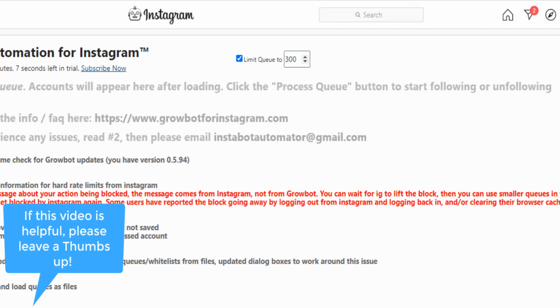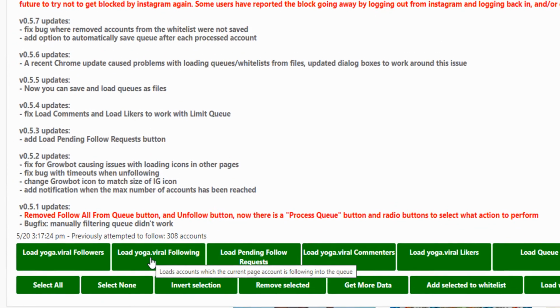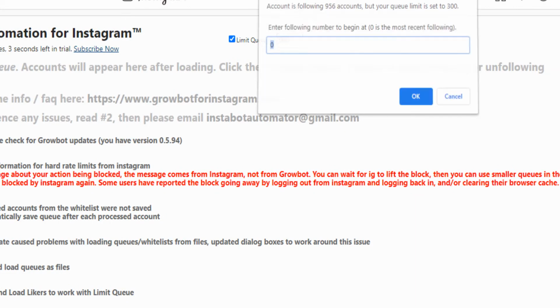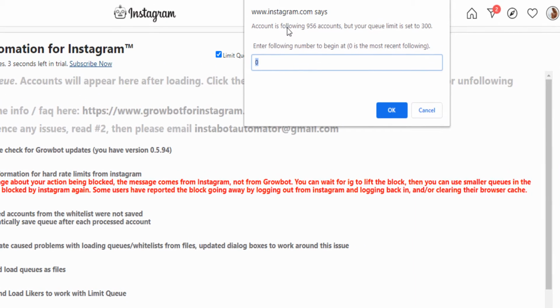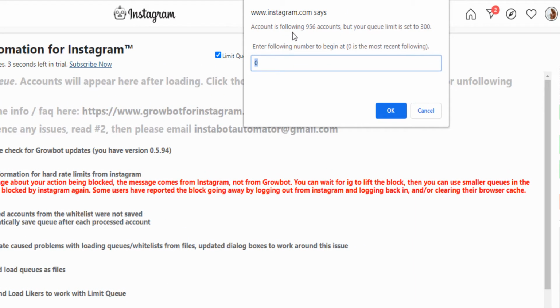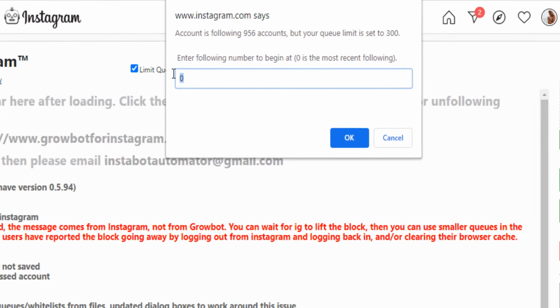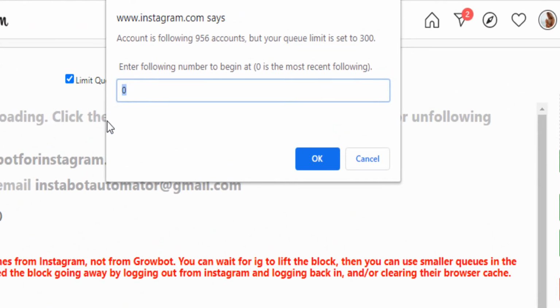What you want to do now is click on load your following. So here is how it works. If you leave this on 0, it will load from your most recent following, and you don't want to do that because of the people that you unfollow.